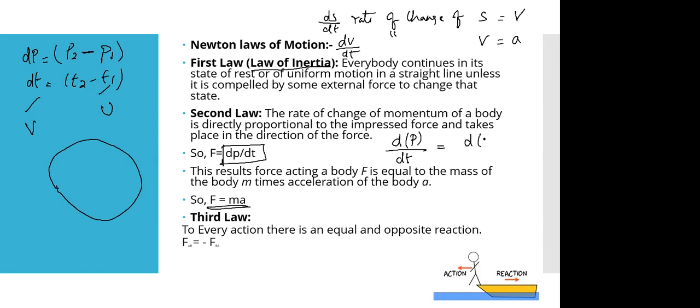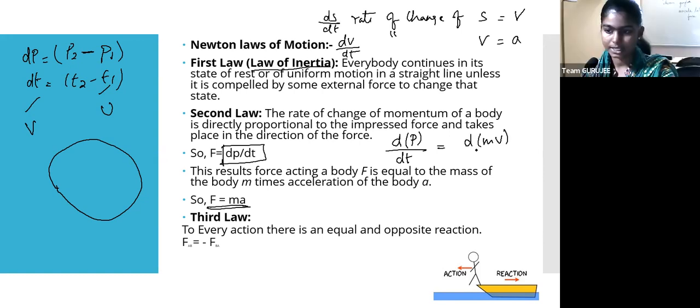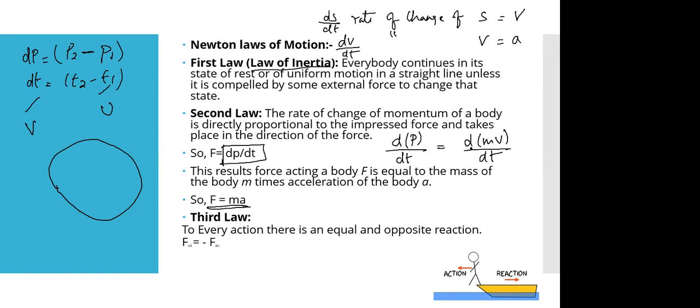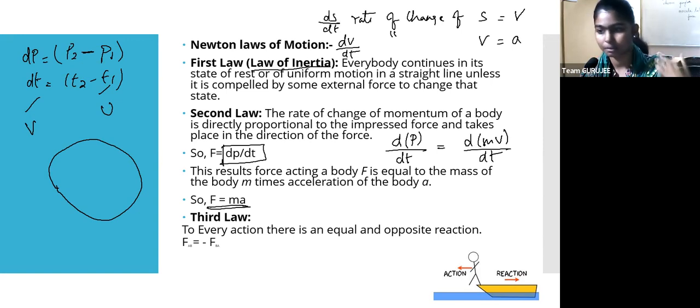MV minus MU, ma'am. Let's say mv alone, because we are already having this differentiation. That itself implies that there is a change in the initial and final points. So we need not write mv minus mv, so it is mv. Here you see mass is some constant, so it won't be changing with time.